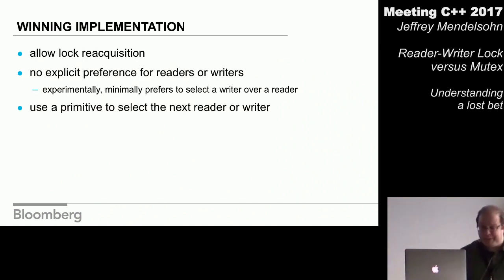So let's discuss this implementation a little bit. Again, while not a fact, a belief I developed along this process was that the reason a mutex is working so efficiently is that it allows you to reacquire itself. In other words, if a thread comes in, acquires the lock, releases the lock, and then immediately comes back to reacquire it, it'll generally get it again. In fact, unless it's run out of its time slice, it almost definitely will get it again. And again, not known as a fact, but through some experimentation, that's the working hypothesis, that the reacquisition is what makes the mutex so efficient.